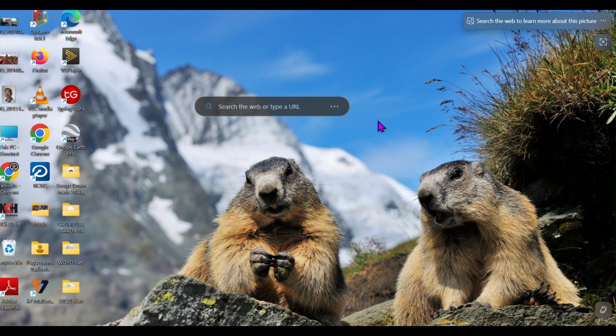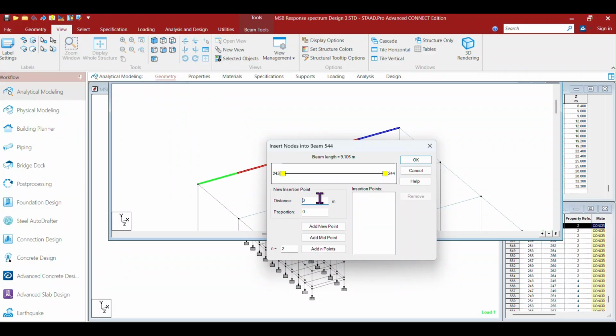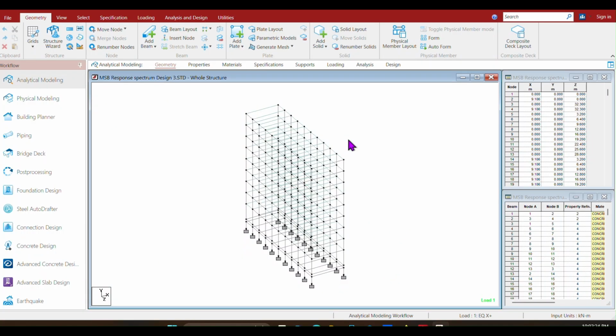How to open a STAAD Pro file. Basic commands or shortcuts in respect of nodes and beams. Supposing we want to introduce a node at a distance of 1.5 meters, say 2 meters or whatever it is, from the lesser number node to the higher number node, we are going to see some more